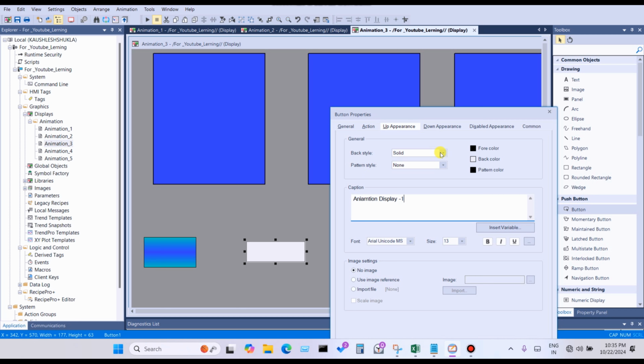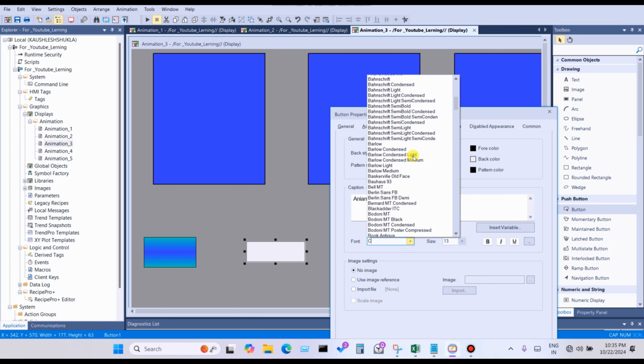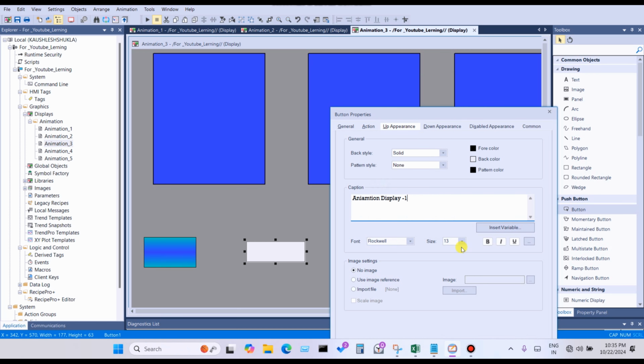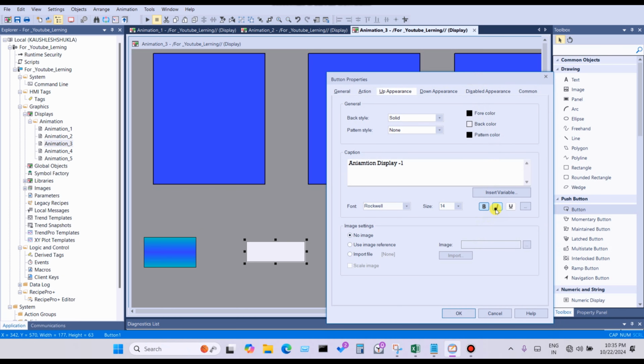Just like a rectangle you can choose solid, transparent and gradient, and pattern style: dot, checks, small box, medium box, large box, vertical box, many patterns. And font you can choose any font, for example Calibri, Cambria, Rockwell, Siemens, and size according to you, and bold, italic, select italic